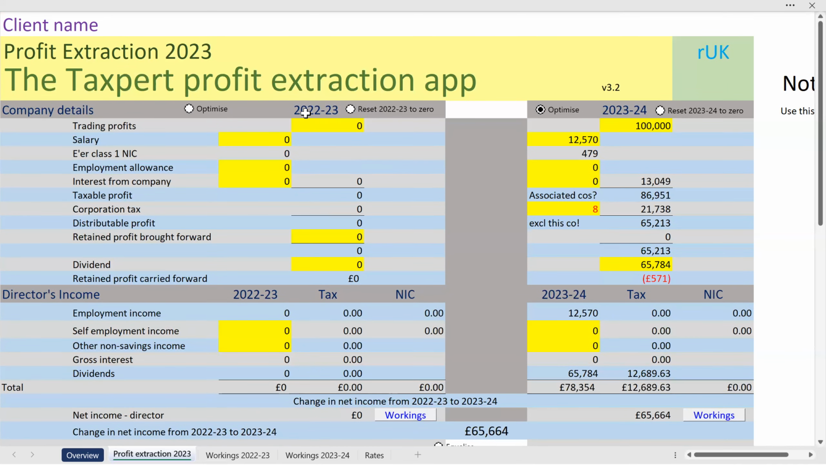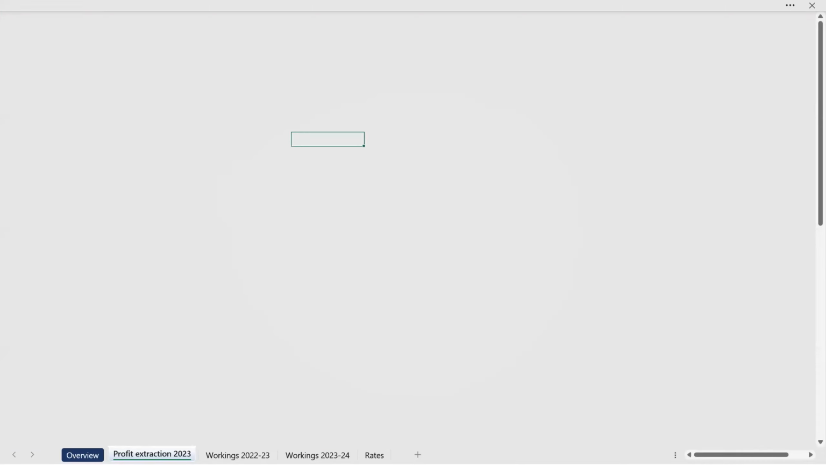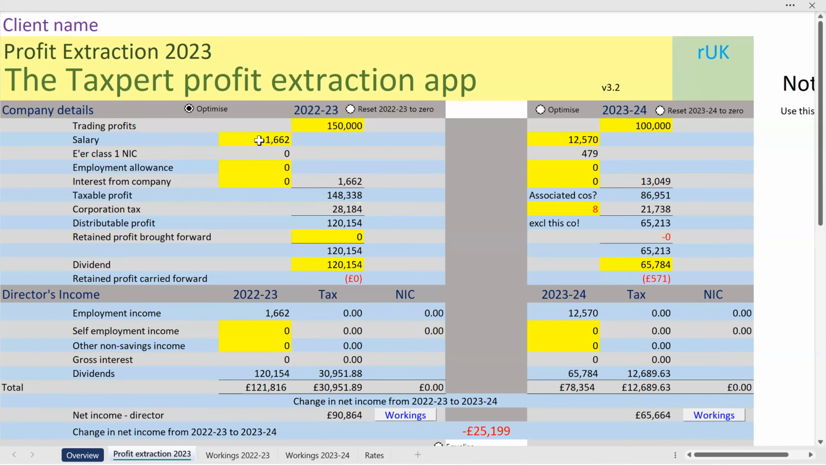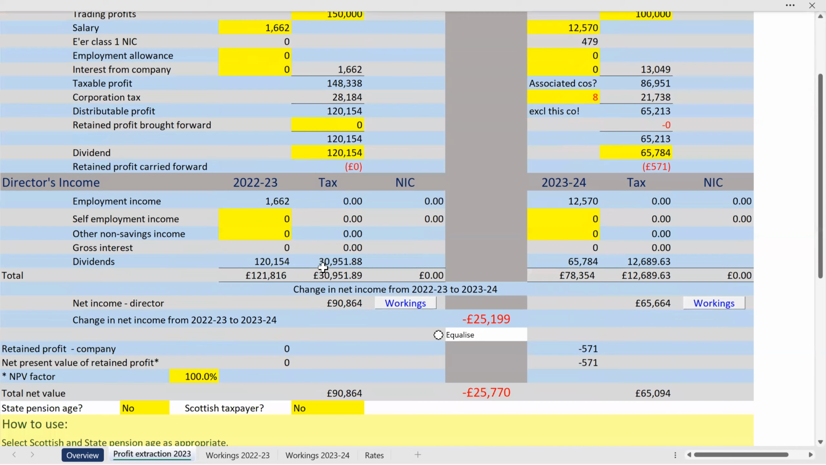What we can also do, and let me just put in some figures again here. Suppose that last year I had 150,000 and I optimized that and took the salary of, in this case, interestingly, 1662. There'll be a good reason for that. I'm not going to explore it now. But if I were to have a salary of that and the rest as dividends, my net income is going to be